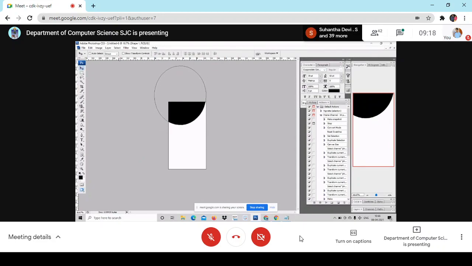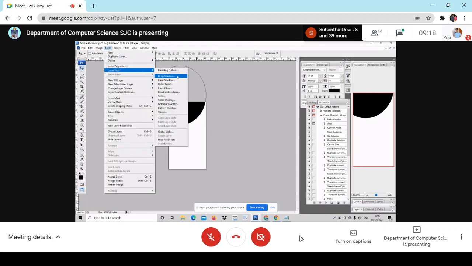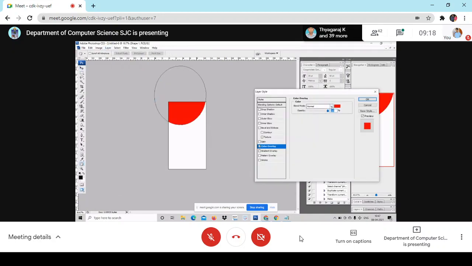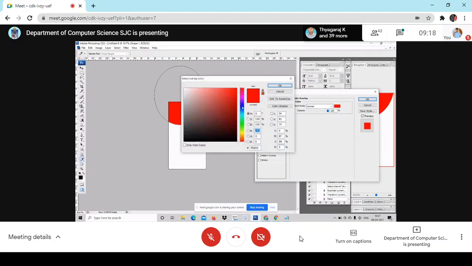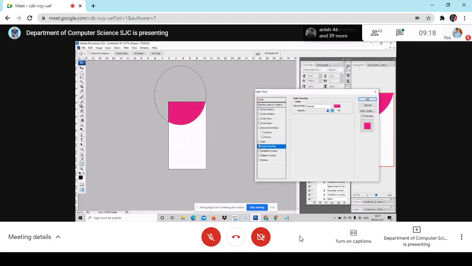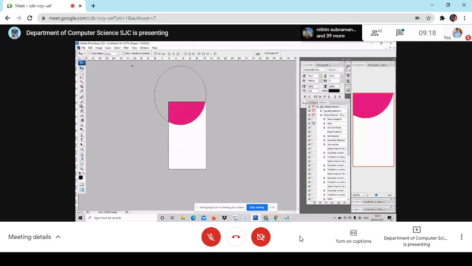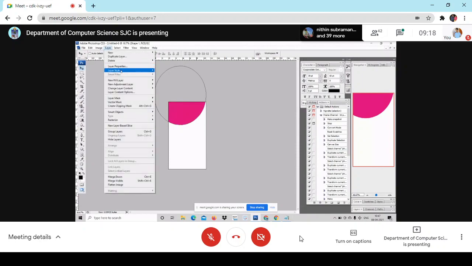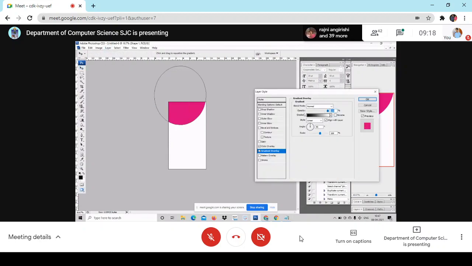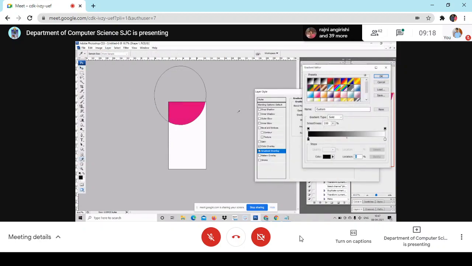Now what do I do? I go to layer, color overlay, and give some nice colors. You can even go for a gradient color also. See, for example, a layer gradient. I can go for this gradient color too.